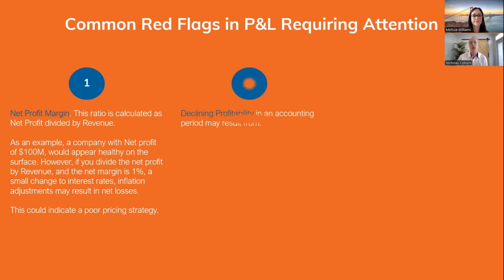The next one would be declining profitability. A big example here, especially for startups, is that you're tight on cash and you don't necessarily want to spend on marketing, but quite often marketing and sales go hand in hand, or they should. So if you see profits going down, but your marketing spend is going down, and your sales also dipped at the same time, that would be a red flag. That might mean that we need to start increasing our spending on ad campaigns.